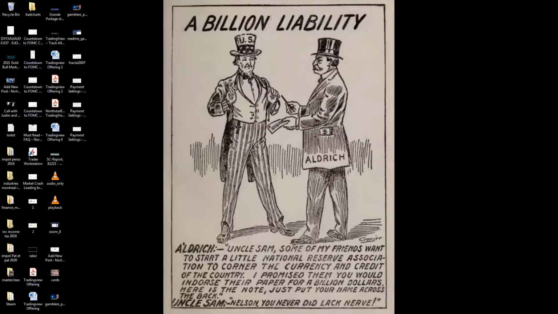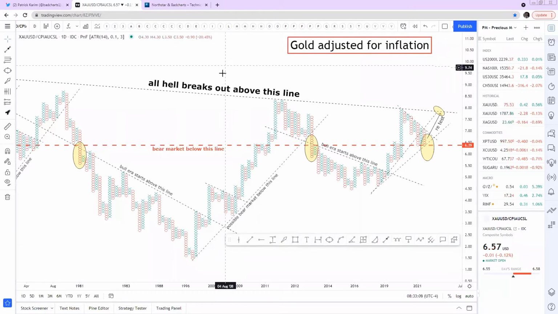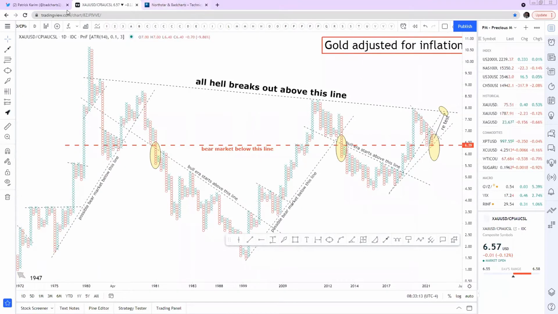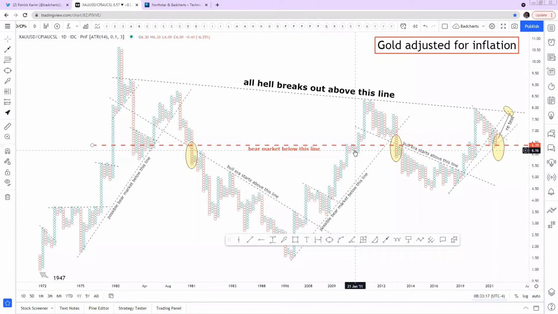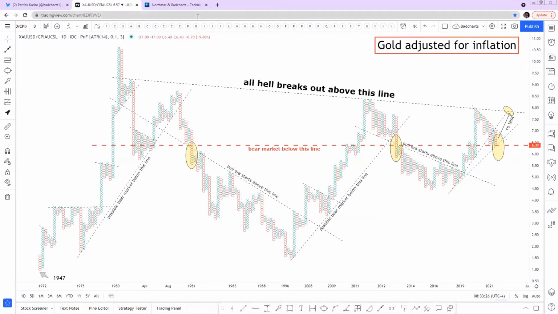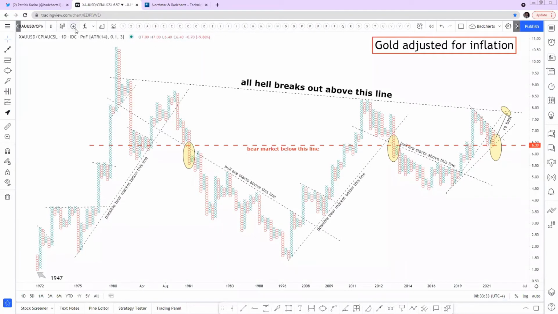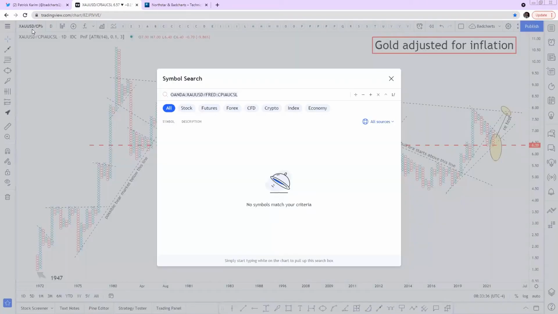So, a billion liability and gold adjusted for inflation. You know what I wanted to start off with? Maybe we could go to exactly what you're looking at. These look like point and figure charts here, Patrick. You guys have bad charts, man, you and Kevin. So that spike, flash crash that we had a couple of Sundays ago, I know you guys use arcs and circles, and I was wondering if, just a spike, even though it came back,